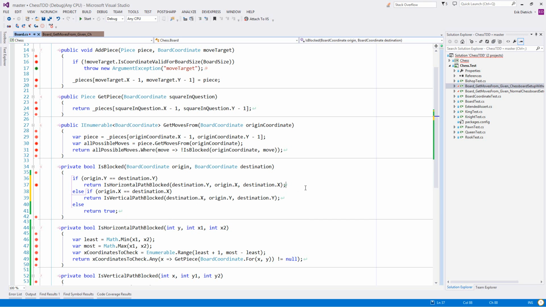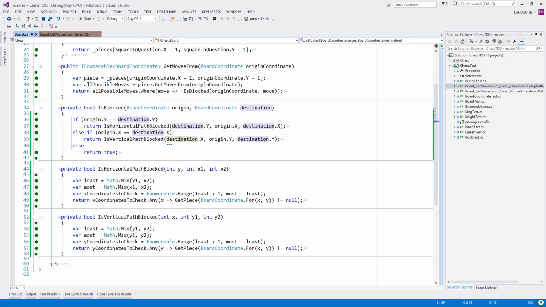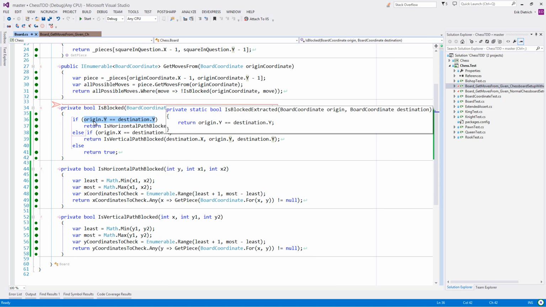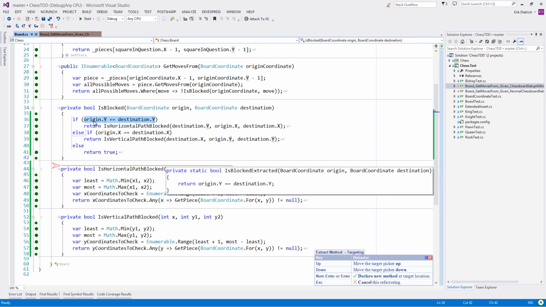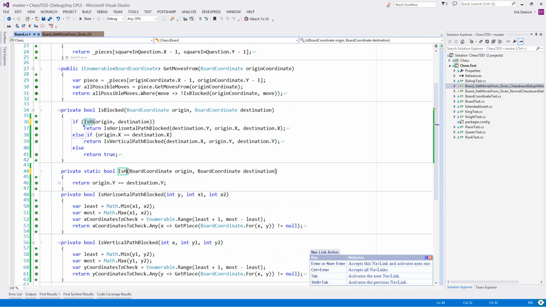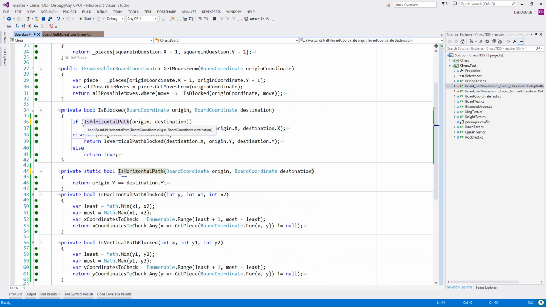So I can do something dumb here, and once I fix the compiler, I can just say, yeah, return true, because right now the only test case I have for bishop is where I've blocked it, and there should be no moves. So I'm basically in is blocked when it comes to the bishop, which is the else path. I'm just saying, yeah, it's always blocked. And this is, I think, maybe an intermediate use of TDD, where you're nibbling around the problem. And I'm saying, like, I don't know exactly how I'm going to implement